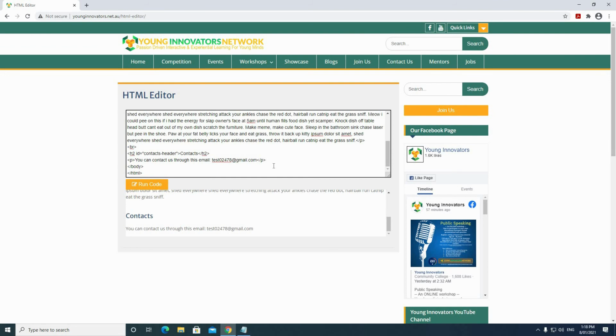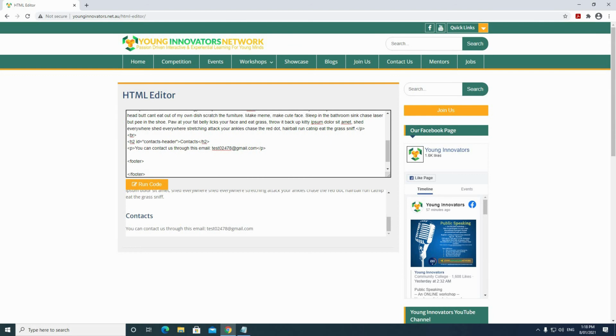Below this, remember our footer tags? We're actually going to use them now. We're going to use our footer tags here. So footer, /footer. And in our footer tag, we're also going to assign an ID, just like we did here, because we want a link to take us to this footer. And this footer ID is going to be bottom, to say bottom of page, right? And then we're going to write here,